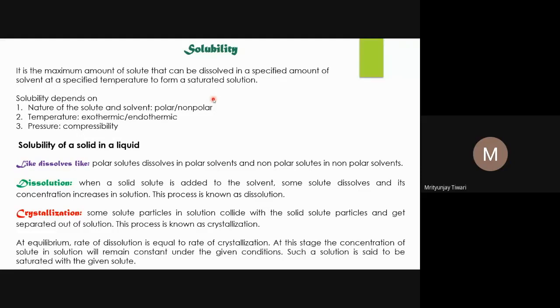Then why the fixed amount of solvent, or a specified amount of solvent? Because suppose a saturated solution is there, and now you add some extra 100 ml of solvent. What does it mean? Now we have disturbed the equilibrium. You have disturbed the saturation. Now per solvent particles, there will be a smaller number of solute particles, so saturation is not achieved, and this means the equilibrium is disturbed. And the system will now try to regain equilibrium.